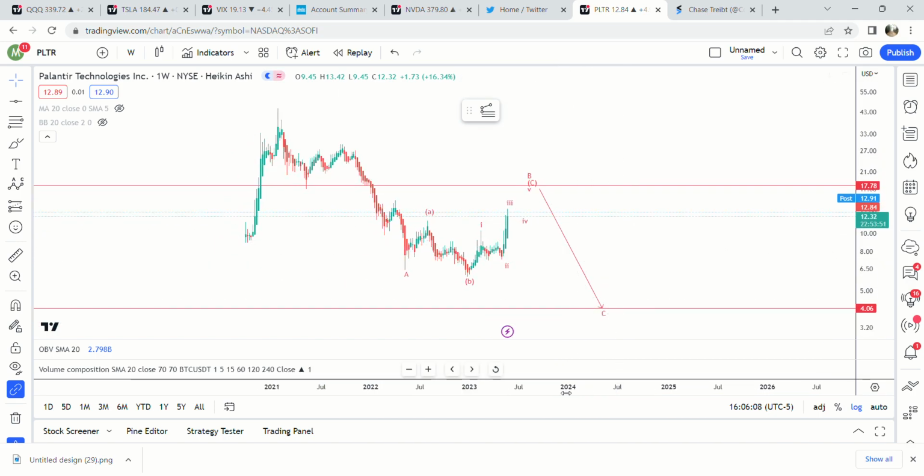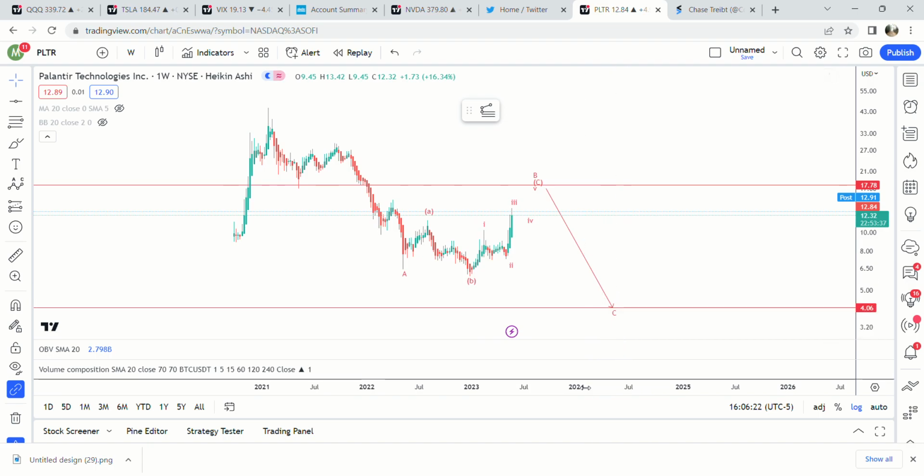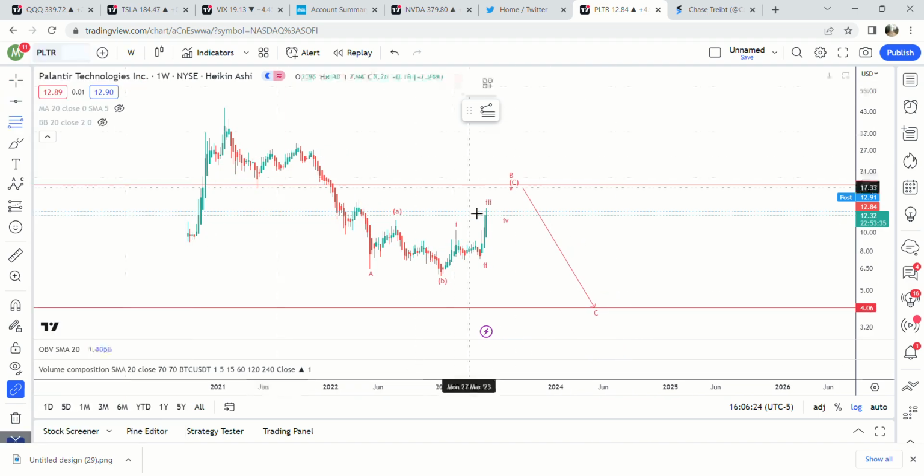So, I mean, people might get mad at me saying this. They expect this to just fly here. But I don't think the bottom is in. You don't start a new uptrend with this kind of move. And so there has to be a new low here. And the best spot that looks like it could go to